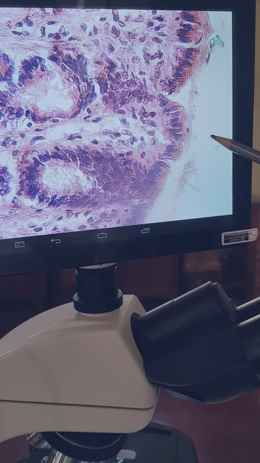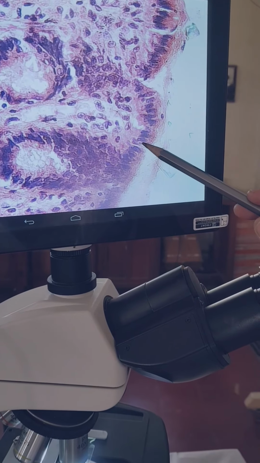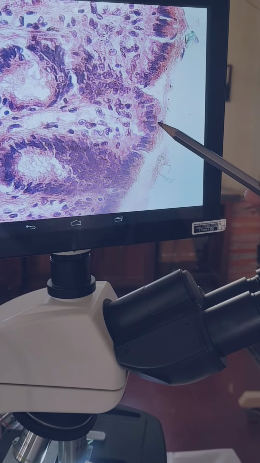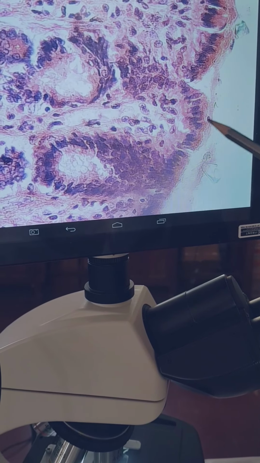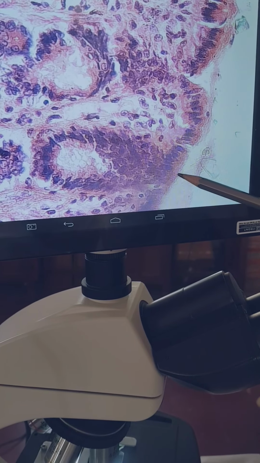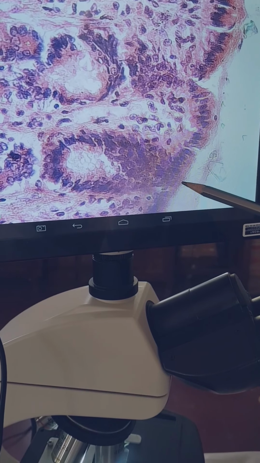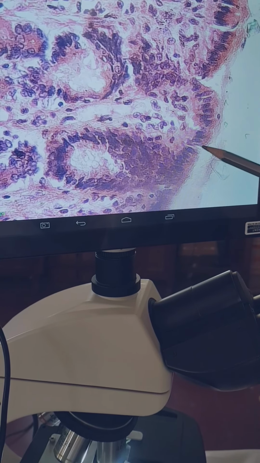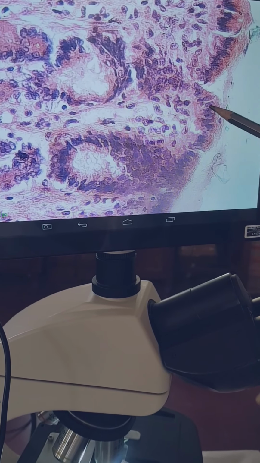This is the gastric mucosa. This is the luminal surface. These are the simple columnar cells. Height of the cell is more than the width of the cell, and nuclei you can see, dark shaped. These are oval nuclei and they are placed at the base of the cell, and its apical part is seen empty. This is the apical part containing the granules, and the function of this cell is mainly secretion. See, simple columnar epithelium, basal oval cell nuclei, and the height of the cell is more than the width of the cell.